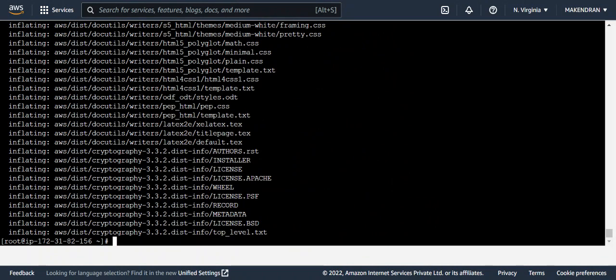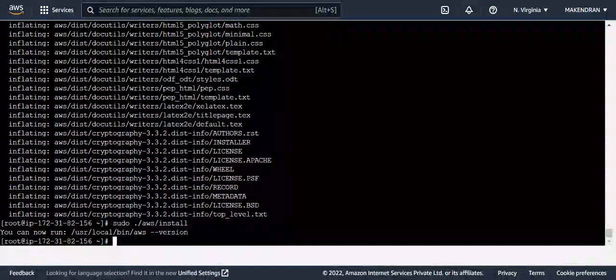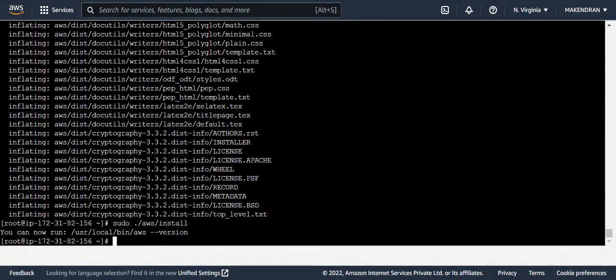So it got unzipped successfully. Now we will install the AWS CLI. So it is installed. To verify whether it is installed or not,